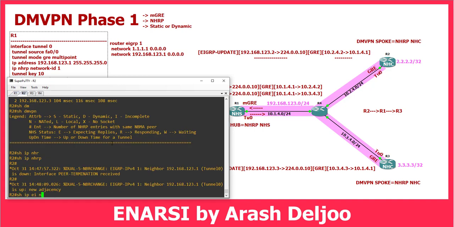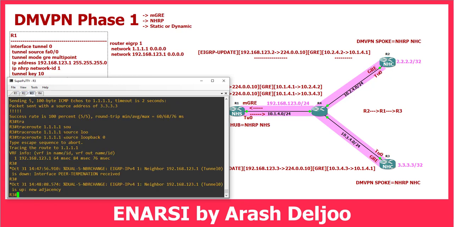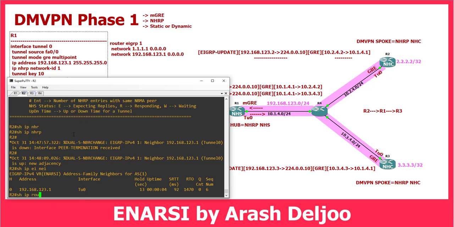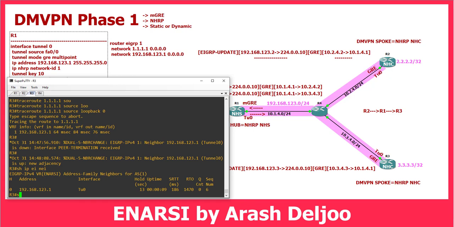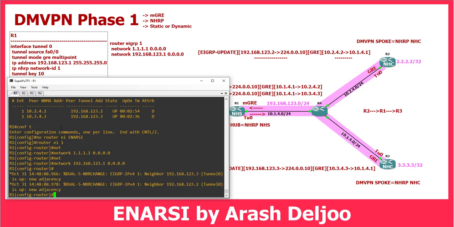In Router 2, show IP EIGRP neighbors can show us we have neighborship with Router 1, and also in Router 3, show IP EIGRP neighbors over the tunnel 0. Also about Router 2, show IP route EIGRP can show us we have learned only Quad 1, and also in Router 3, show IP route EIGRP can show us we have learned Quad 1. Now in Router 1 over the